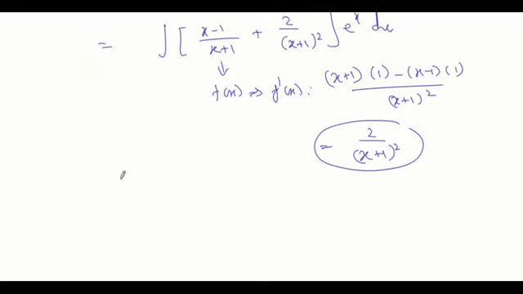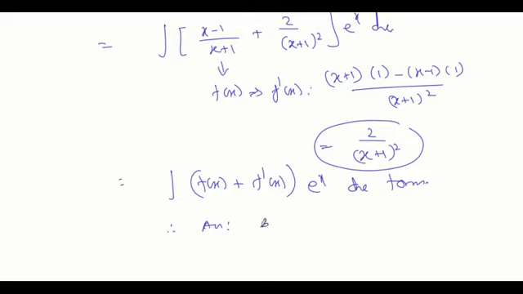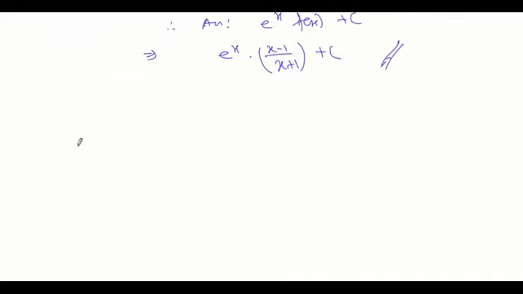So since it is in this form, this is nothing but the integral of f of x plus f dash of x, e power x form. So therefore, you can give the answer as e power x into f of x plus c. So for the given question, we can say e power x into (x minus 1) by (x plus 1) plus c is the required answer. Okay, children? Now next question, it is integral e power x into (1 plus sin x) by (1 plus